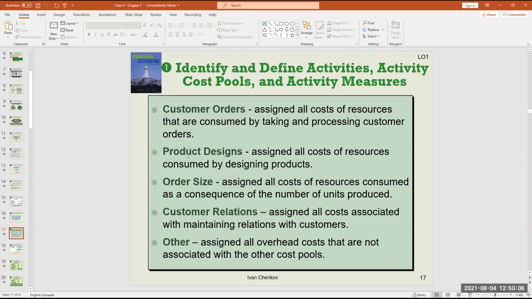Okay, thank you. And the activities that we're going to focus on are these ones, right? Customer orders, product designs, etc. Yes. Those will be the activities that we use. For example, the activity could be